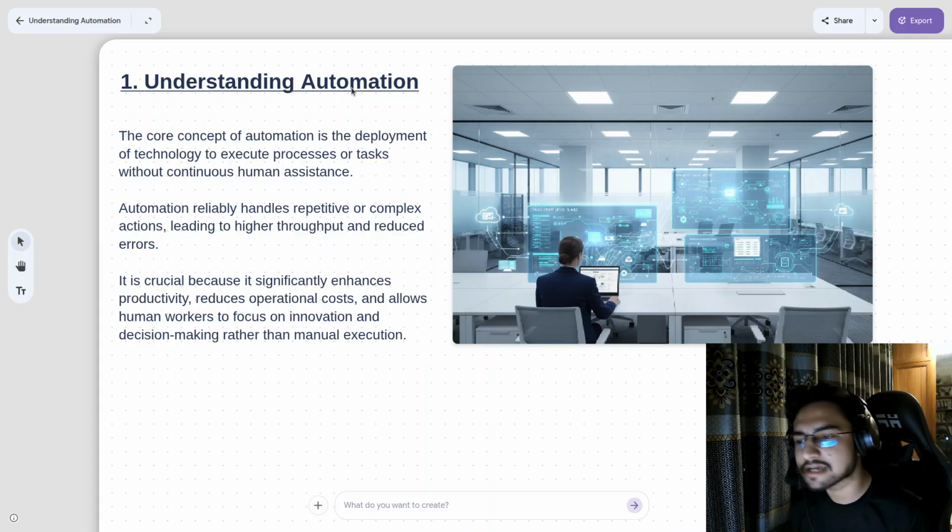What is a repetitive action? A repetitive action can be that, let's say, every single night you track your expenses. That can be a repetitive task, and that can be automated through various tools. What is a complex action? A complex action can be, let's say,